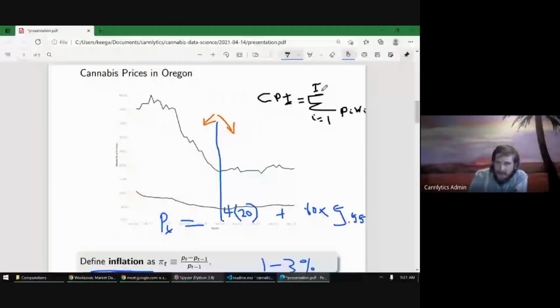So this is how essentially at the ticket, you have a weight for each good, and then you have a price for that good. So here we're just saying